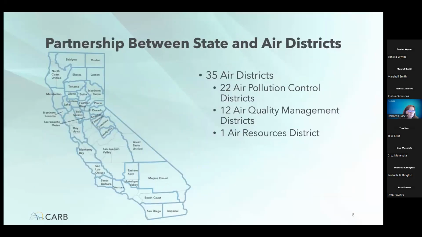We have a close working relationship with our state's 35 air districts who implement many of the CARB incentive programs, including Moyer and Farmer. You may know these air districts as an air pollution control district, an air quality management district, or an air resources district. If you're a California resident, you are living in one of these air districts, as shown on this map on this slide. Note that these air districts choose to participate in these programs. Next slide.